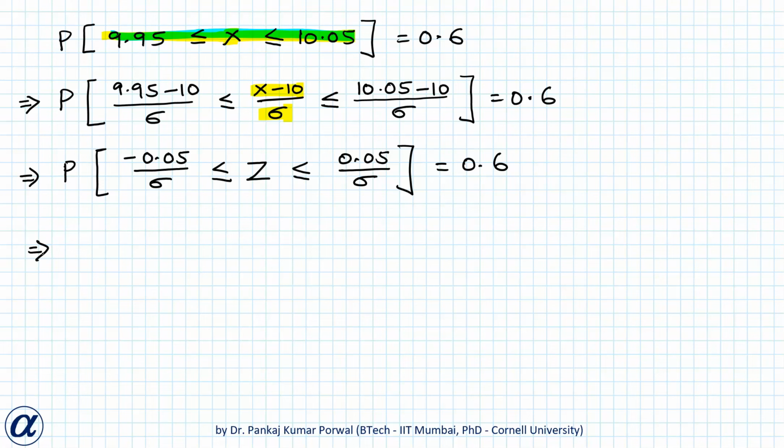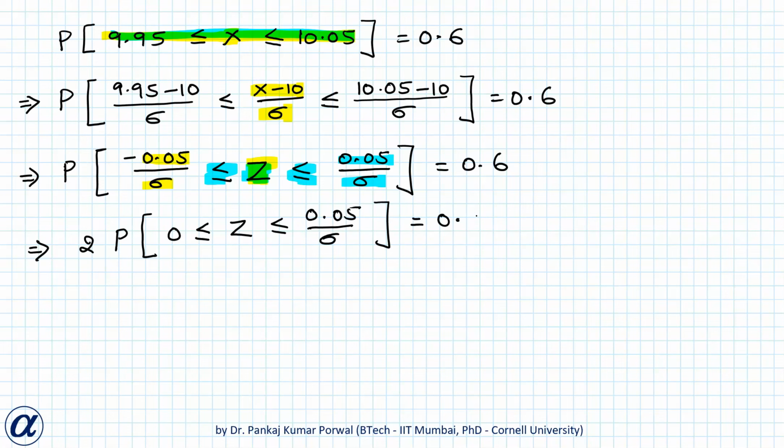This implies, and we know that the standard normal random variable is symmetric about its mean, which is 0 and which lies at the origin, so minus 0.05 upon sigma less than or equal to Z less than or equal to 0.05 upon sigma can be written as 2 times the probability of 0 less than or equal to Z less than or equal to 0.05 upon sigma,